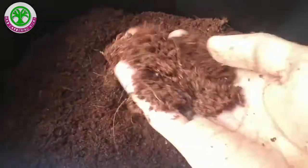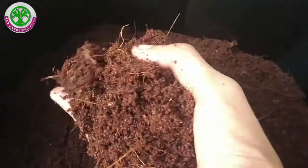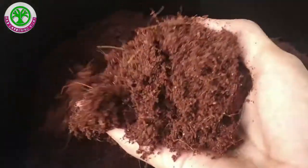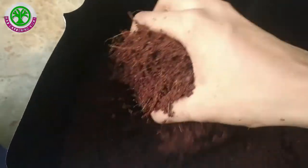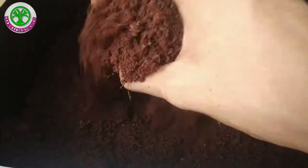Next, let's see about the negatives of cocopeat. Most YouTubers or video creators or content creators don't say the negatives at all, but cocopeat does have negatives. The pH level of cocopeat is actually somewhat higher than what a plant requires. So what you need to do is lower the pH of the soil by adding some bacteria and leaving it to decompose for 10 days. After that, the pH of the soil will be lower,